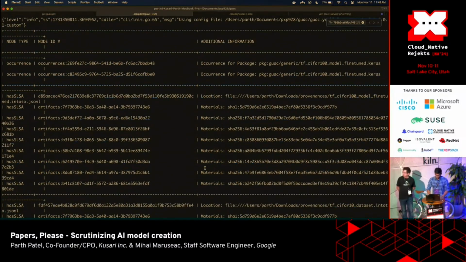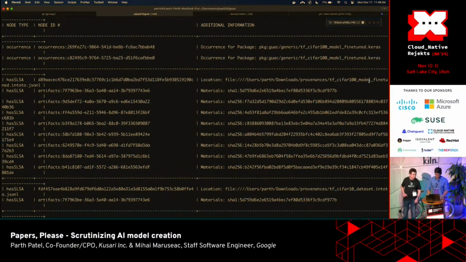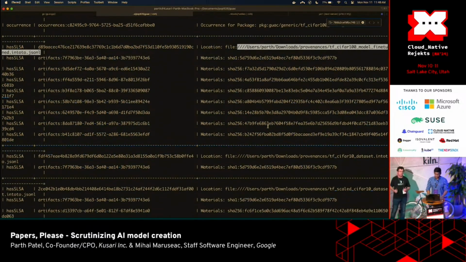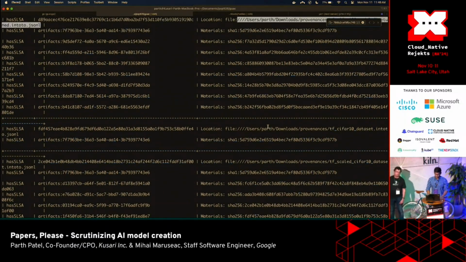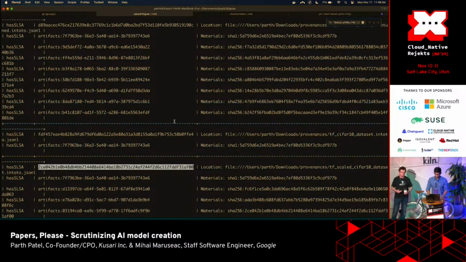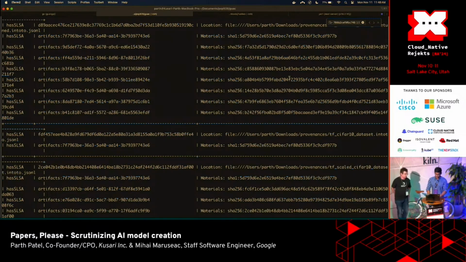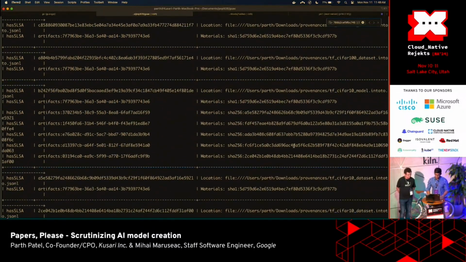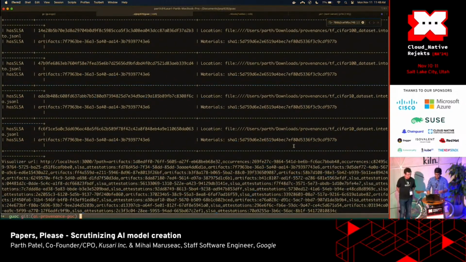All right. So this is the other model, right? The production one. You can see that this is the CIFAR-100 fine-tuned model, and that's where it comes from. And the materials again contain every dependency that got into that model, and you can search from that dependency. You can see every dependency that got into that, and so on. But we can also display this in the visualizer. Same as before. And then you can see again, each one of these data sets may contain other materials, and so on and so forth, right? So it's all recursive, and you can see it's pretty large in here.